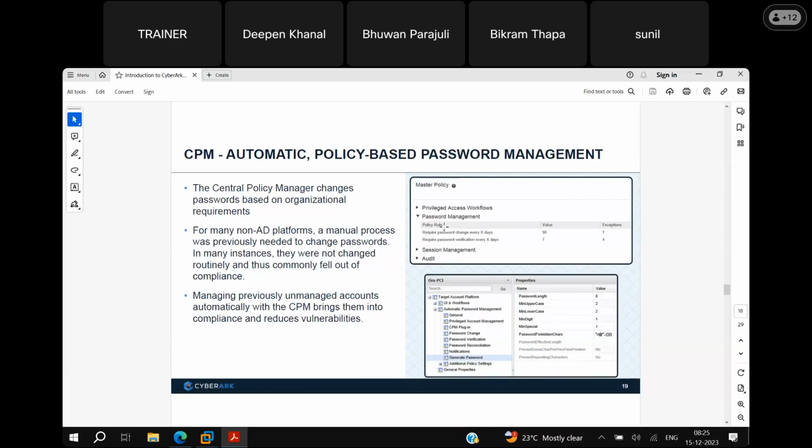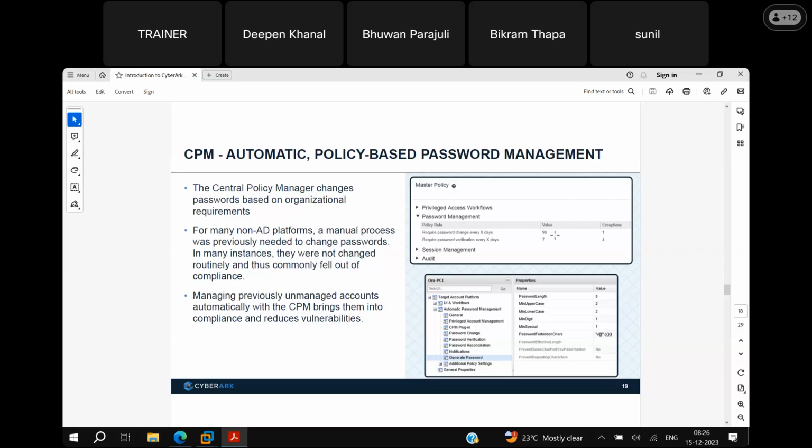You can see here in the password management section, a required password change every X days. In this slide, we have defined it as 90 days. That means every 90 days, CPM will log into the endpoints automatically, generate a random password, and bring it back and store that password in our digital vault servers.